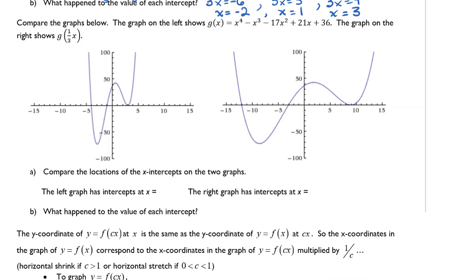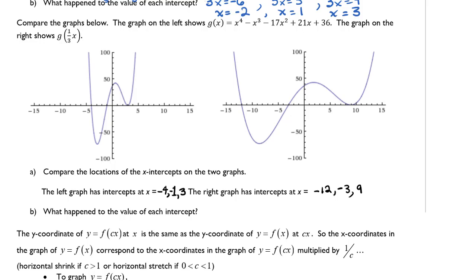Compare the locations of the x-intercepts on the two graphs. On the left, we have -4, -1, and 3. On the right graph, we have -12, -3, and +9. If we look at what happened to the values of each intercept, to get from -4 to -12,